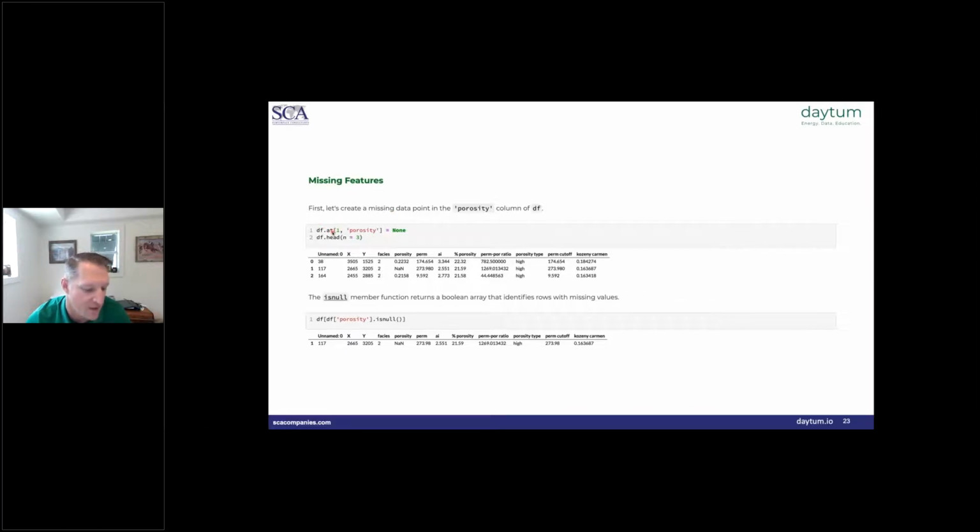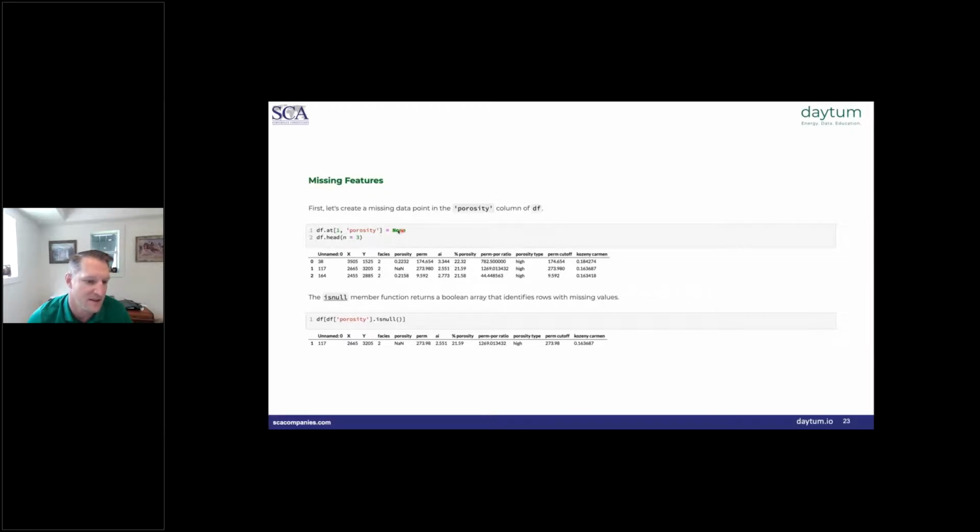So at is very similar to loc and iloc in that you're subsetting the data frame. The difference is that at refers to a single value, right? Where loc and iloc can refer to many columns and many rows to take a large subset of the data frame, the at function is specific to one value. So in this case, I'm going to take the one index row in the column porosity, and I set it to None.